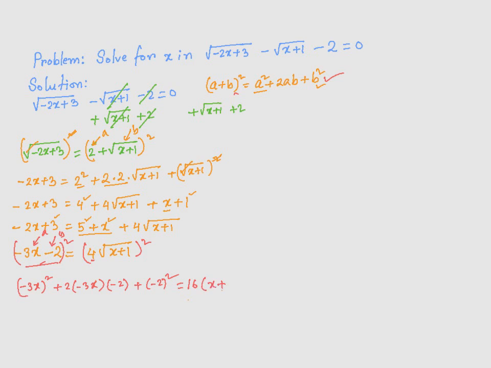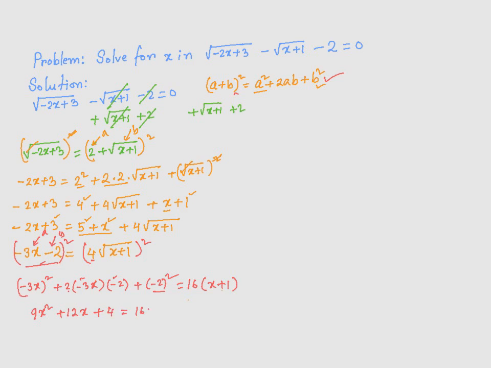That's going to give you x plus 1. Now I just need to simplify things. Negative 3x whole square is 9x square. Then negative and negative is going to make it positive. So 2 times 3 is 6, times 2 is 12, plus 12x, plus 2 square is 4, then is equal